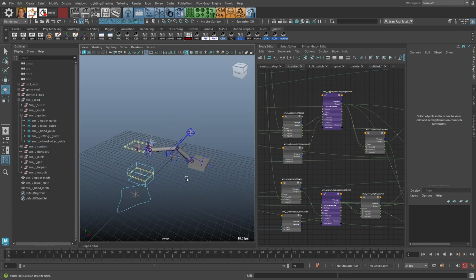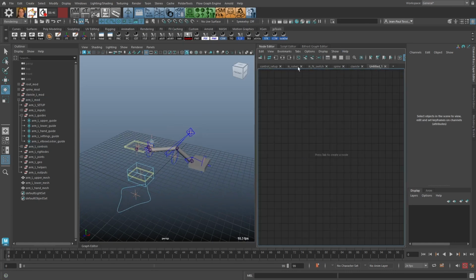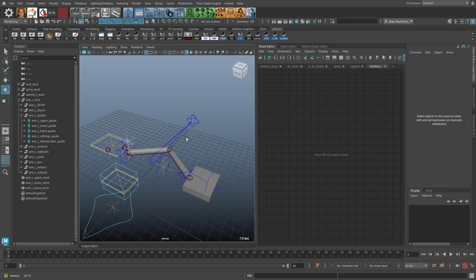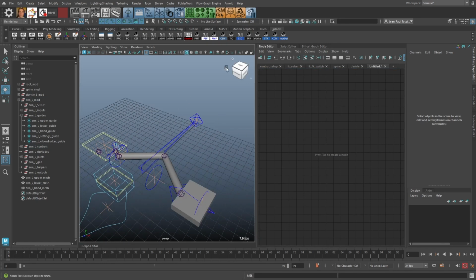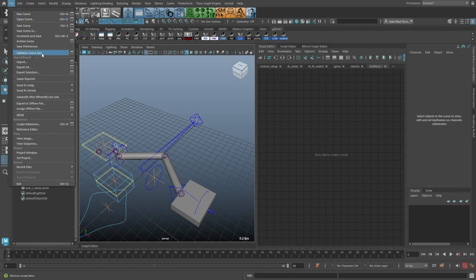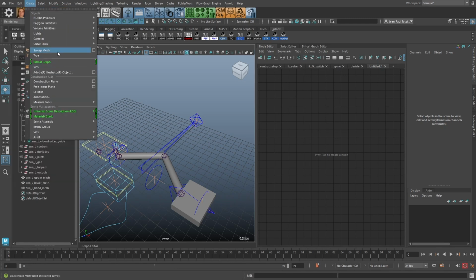So let's add that now. If we go to this tab, for example, we have to create a NURBS curve. We're going to create a simple linear NURBS curve with two CVs, where one CV is on the control and the other CV is on the elbow. So let's create our NURBS curve,